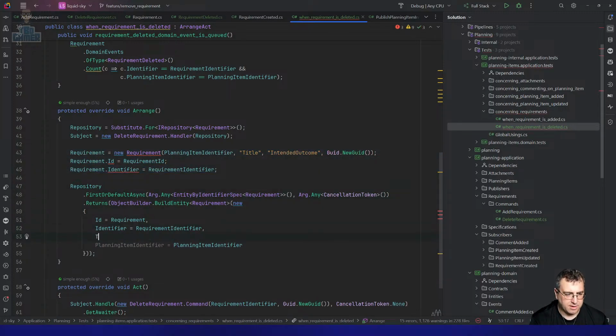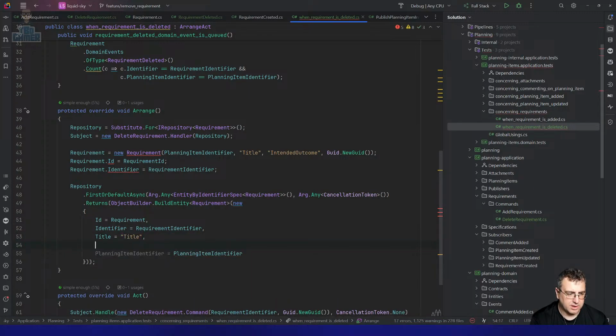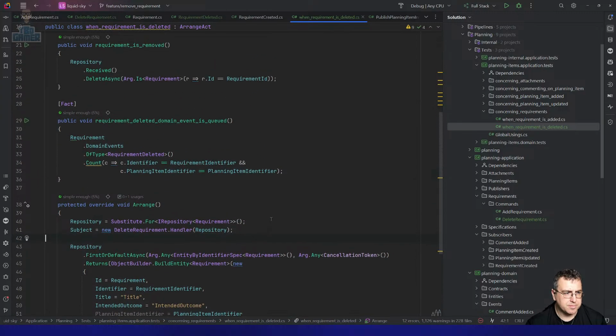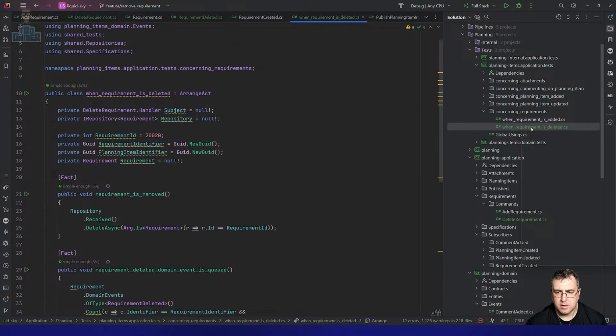We can say title equals does not well title and intended outcome equals the intended outcome. So we can set the object up. So when we run this now,